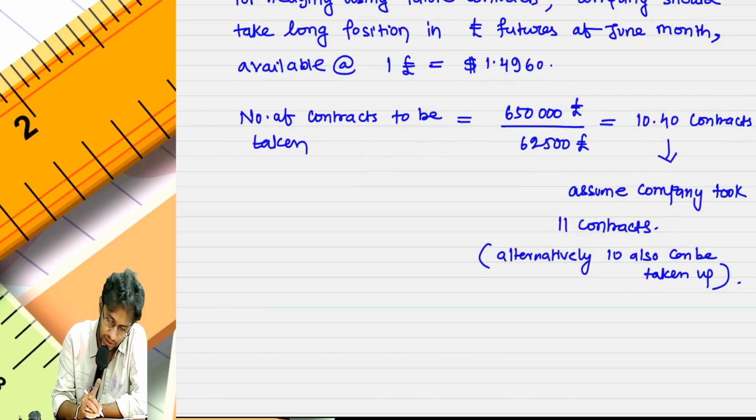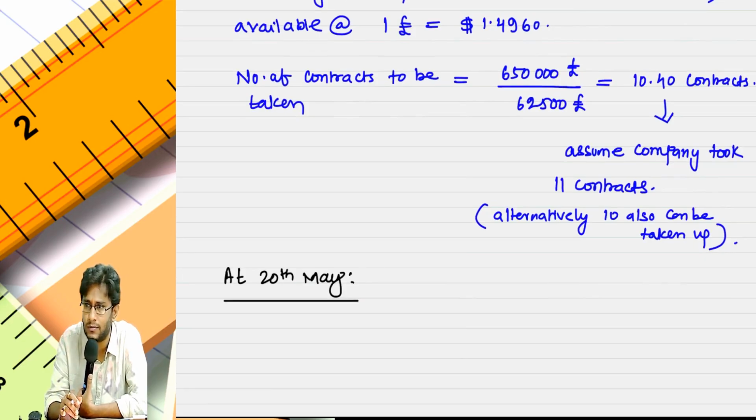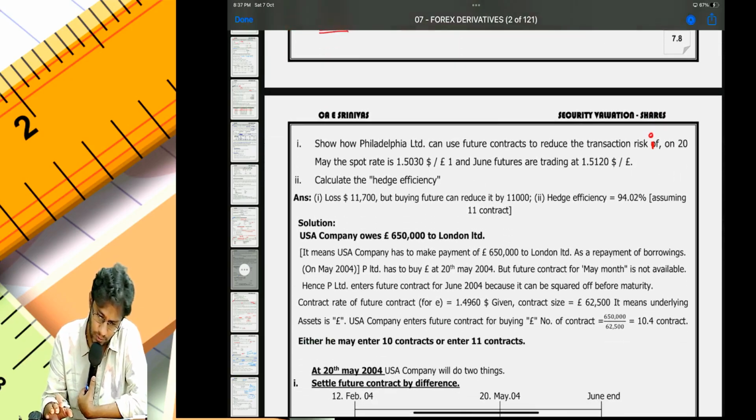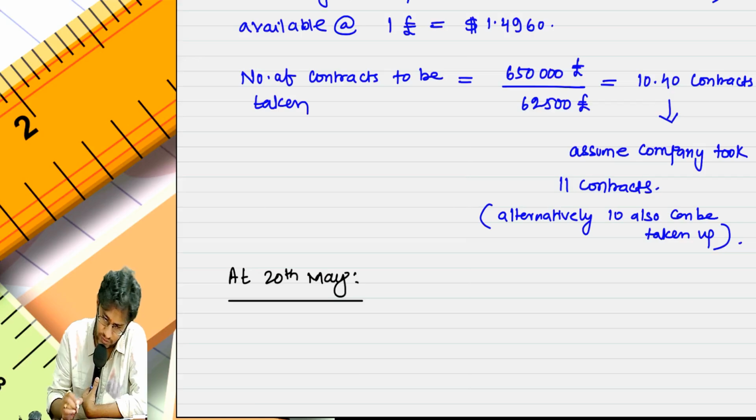Directly come to 20th May. On this day we have to do two things, sir. One is settle the gain or loss here. A, is the FC payable or receivable? Settle the FC payable